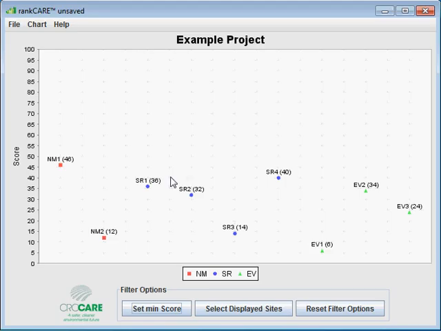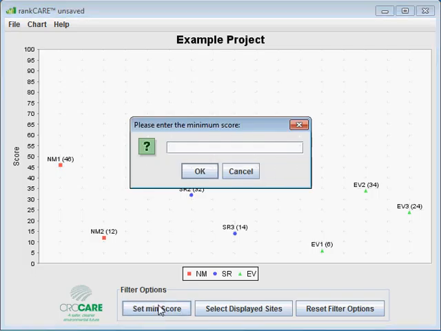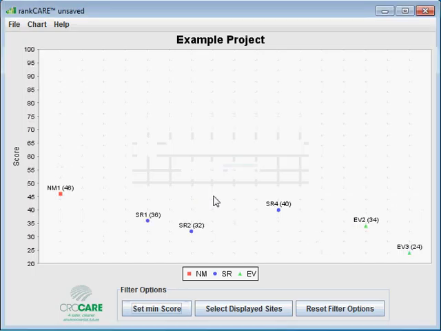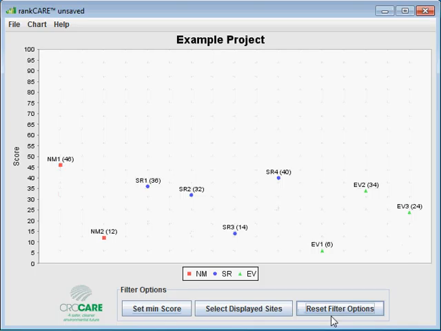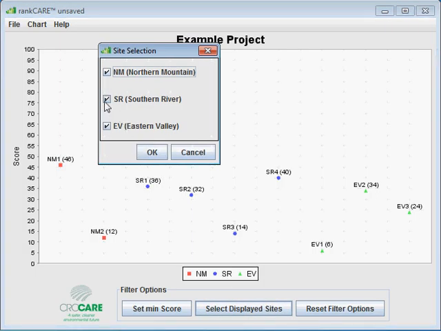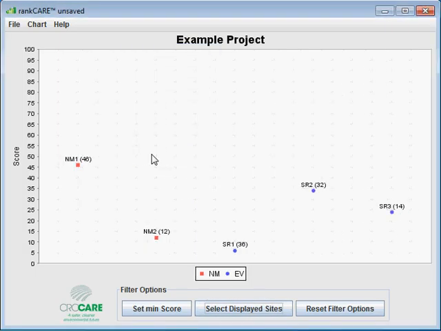From here we can set a minimum score if we only want to view those areas with a score of above 20. That will highlight those for us, and if we want to go back to the default view, we can just hit reset filter options, which will always take us back to the original view. We can also remove certain sites to make the chart clearer,